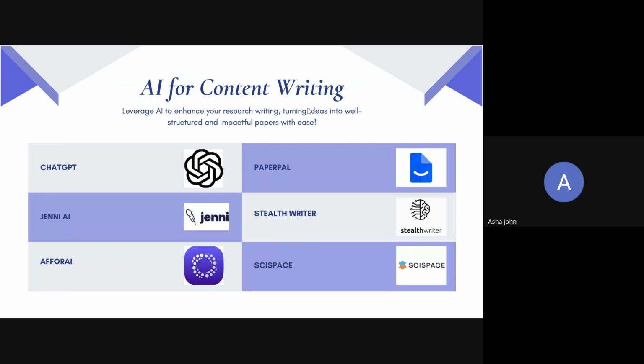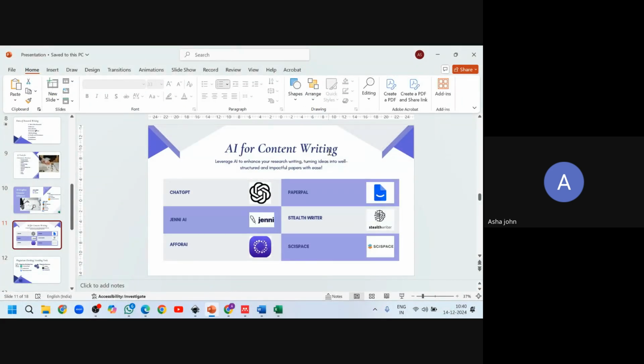For that, you can use all of these content writing tools that are available. But what you should try to do is not ask ChatGPT to create the whole content. Instead, you should write something yourself. Let it be the worst English, let it be the worst grammar, but try to write something. Here, what I like the best is the Stealth Writer. So what happens in the Stealth Writer? Let's check.